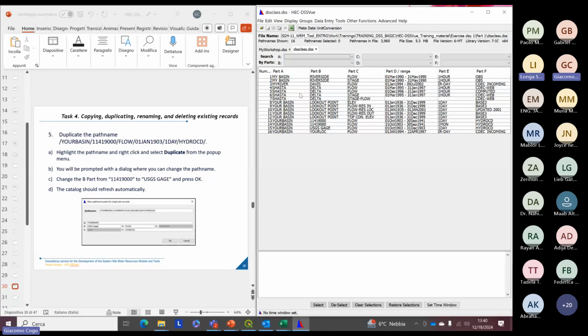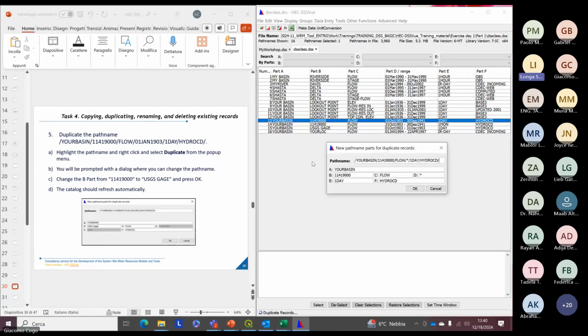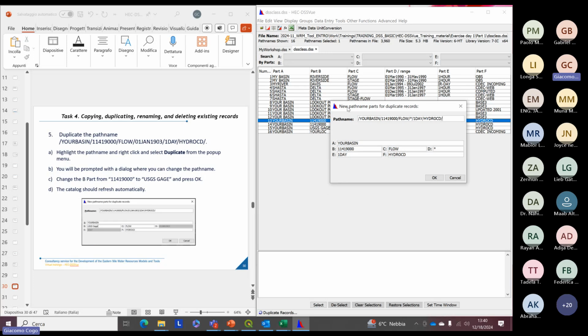I want to select the basin called your basin. If I go to A, okay, I see it from here, your basin. The number here, flow, 1 day, hydrocode, it's this one, the one in number 13. I want to duplicate it, so I select it, right click, and there is this duplicate that lets you duplicate the record